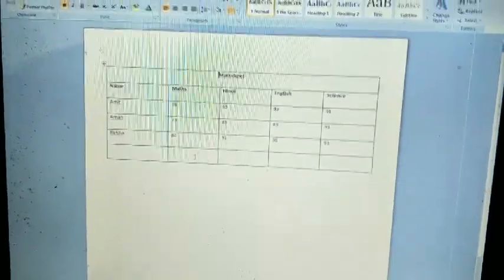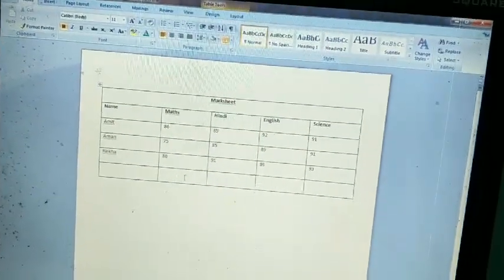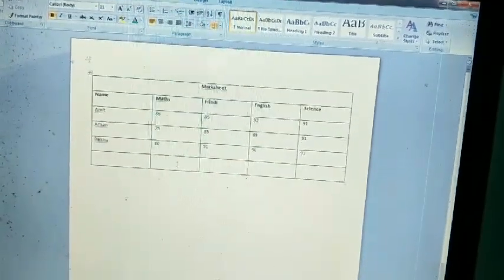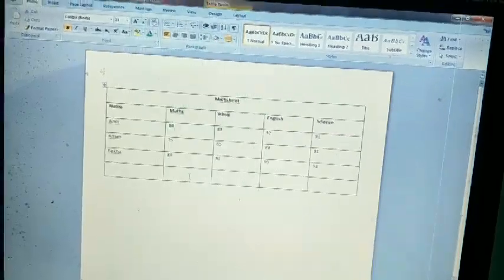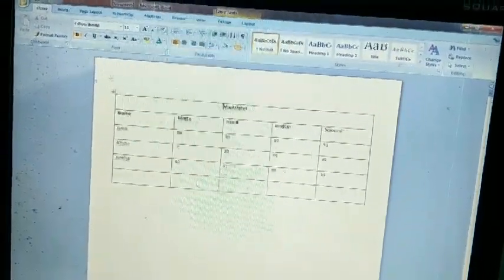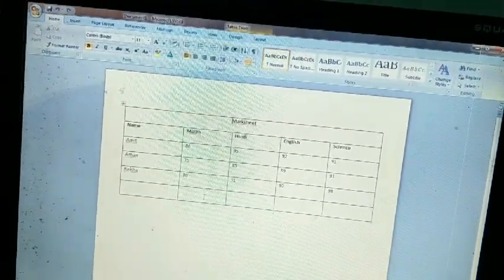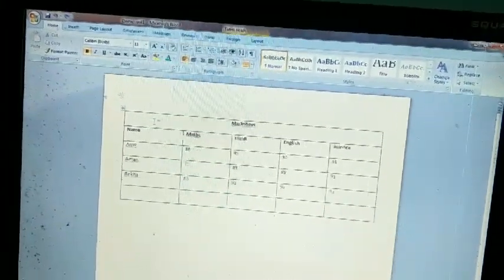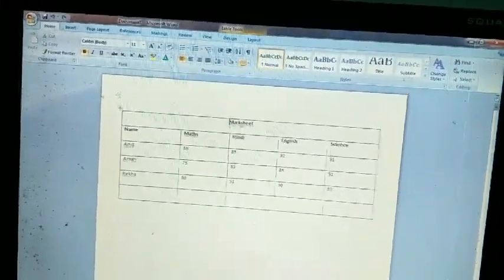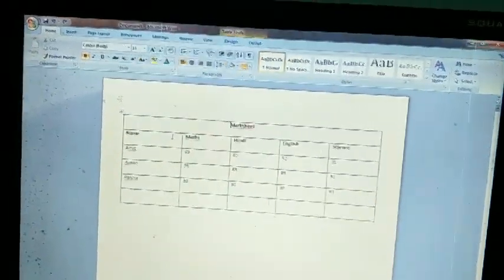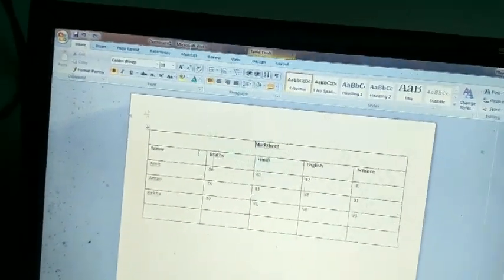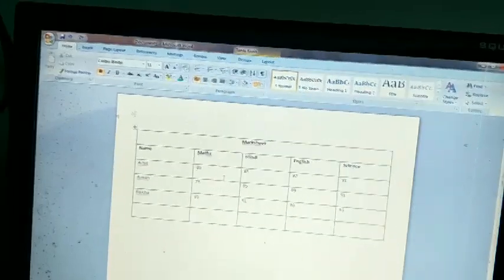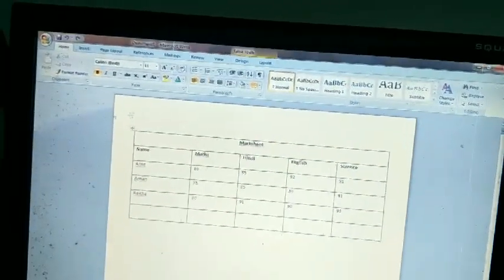Sometimes we want to divide a single cell into multiple cells. Okay, so how will you do this one? How will you split the cells? Okay, in some situations merging the cells is required, in some situations splitting the cells is required. Okay, so how will you split the cells into multiple cells?